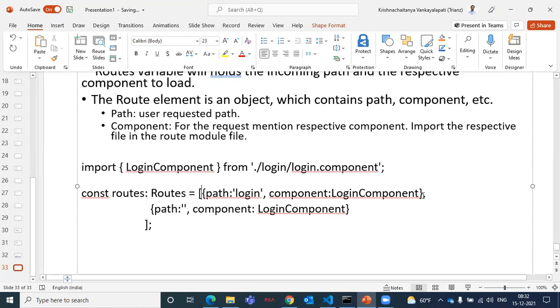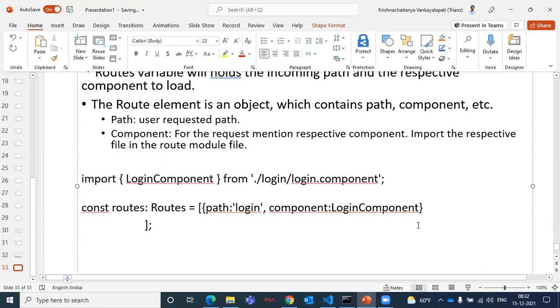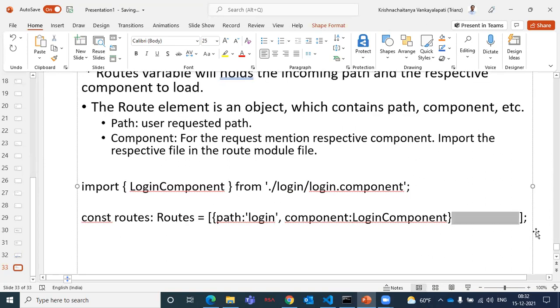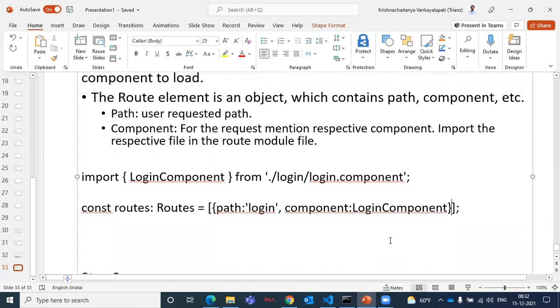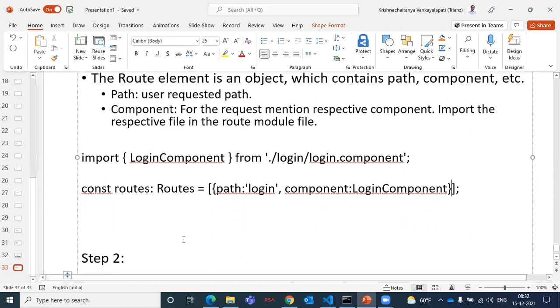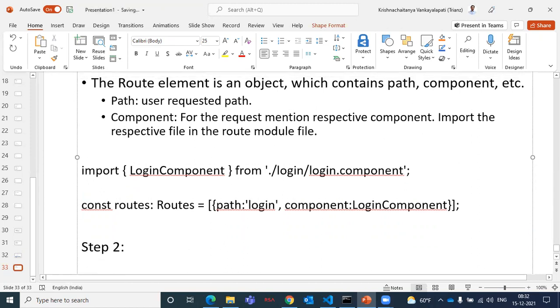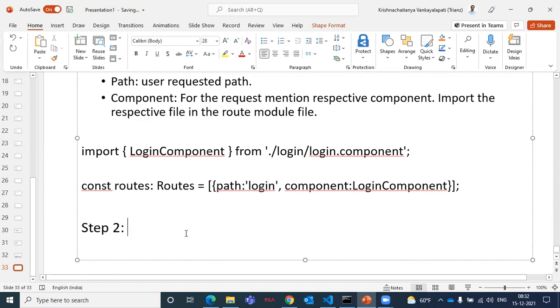Remove this one as well. Write the notes up to here. Done? Please let me know. One second. Okay, everyone had taken it earlier itself. Okay, that will be fine.